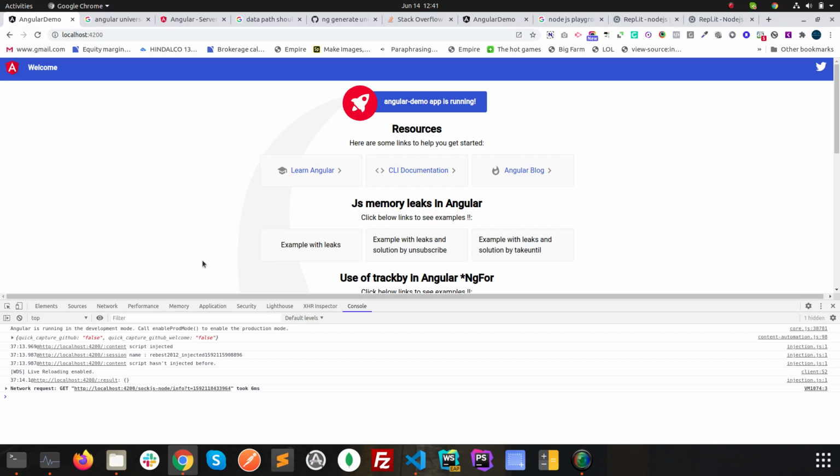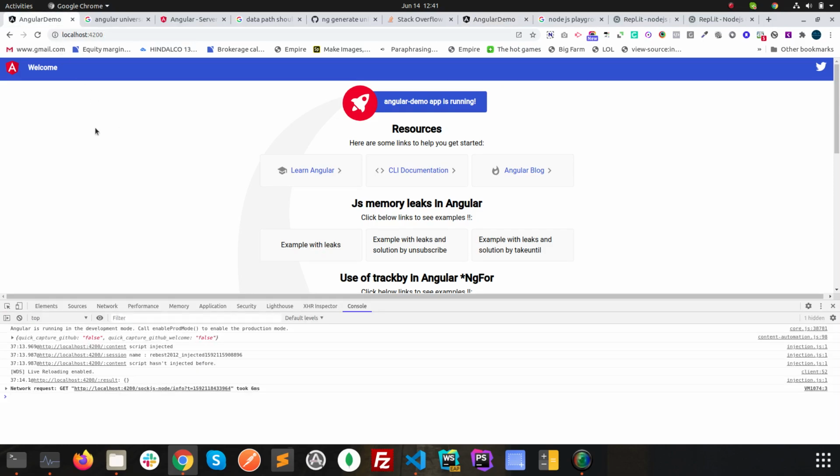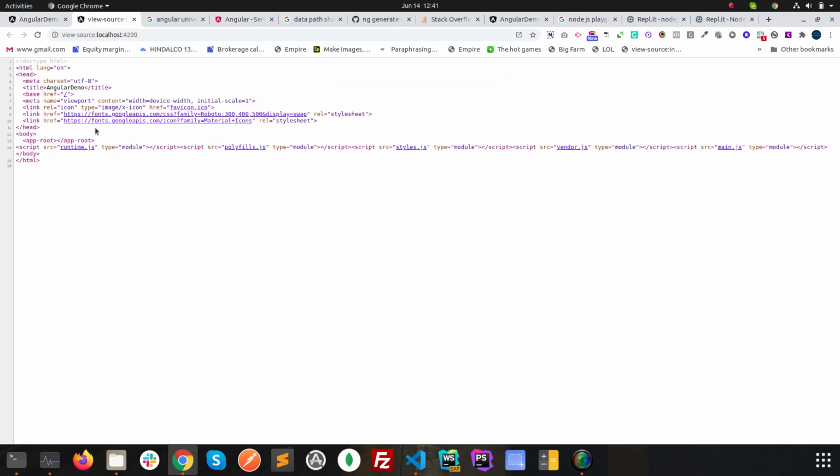It's a simple Angular serve, and we have another option here, which is server side rendering. So we will see the differences. If we go to the view source of the particular page, you can see what we get in general Angular. We just get head, and in body we only see the app root. Actually, in this tag, the whole HTML gets loaded. This is how Angular works.